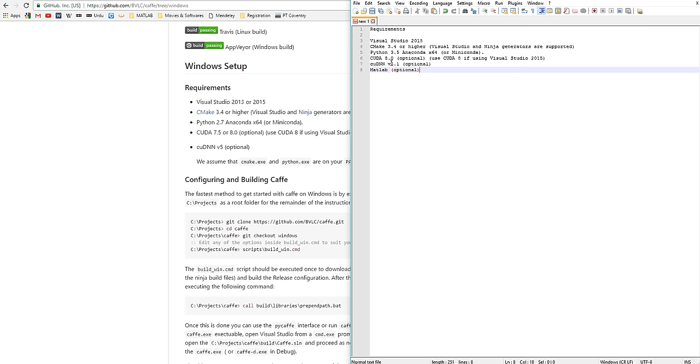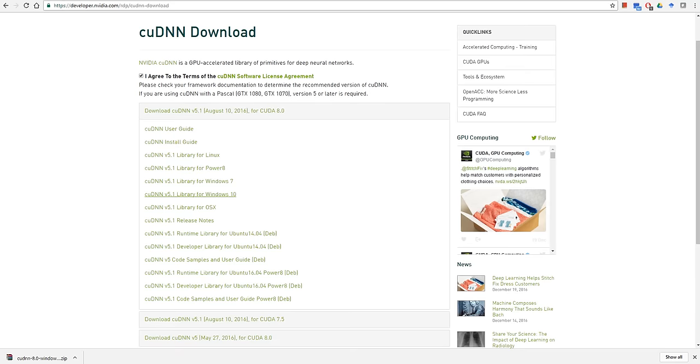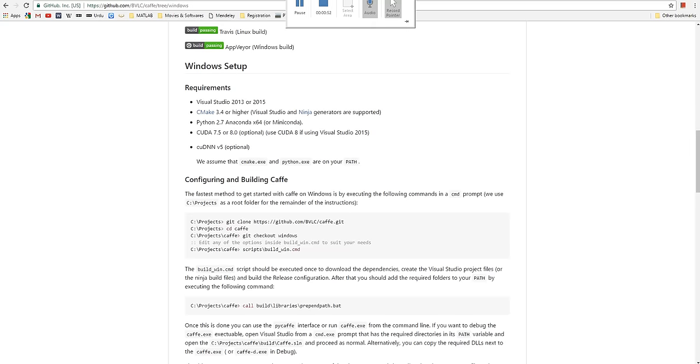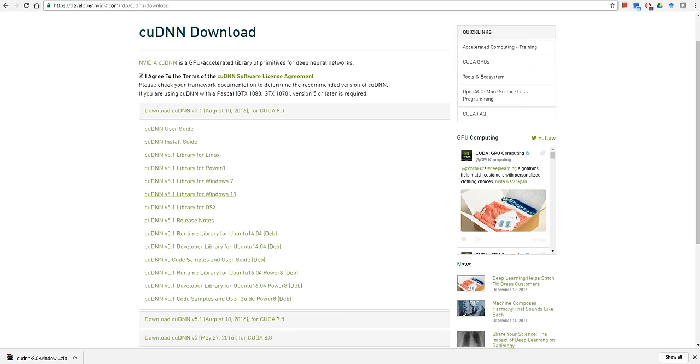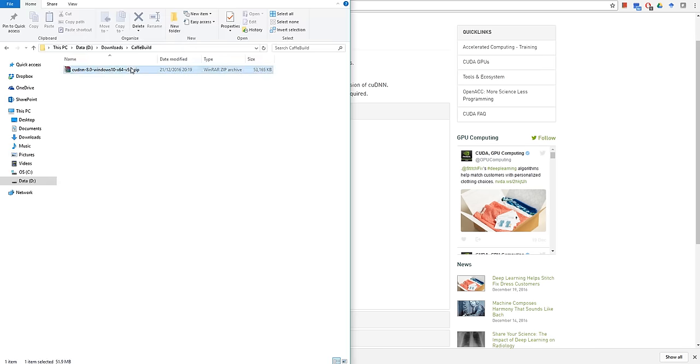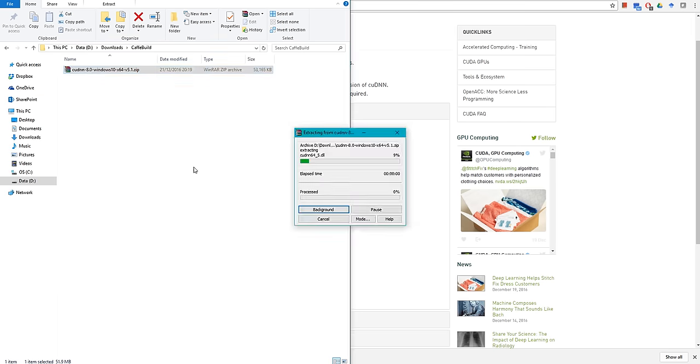So for cuDNN, you go to the cuDNN website, and first of all register, and once you have registered you can log in and then download. So I have downloaded the version 5.1 library for Windows 10. First of all I'm going to extract that here,